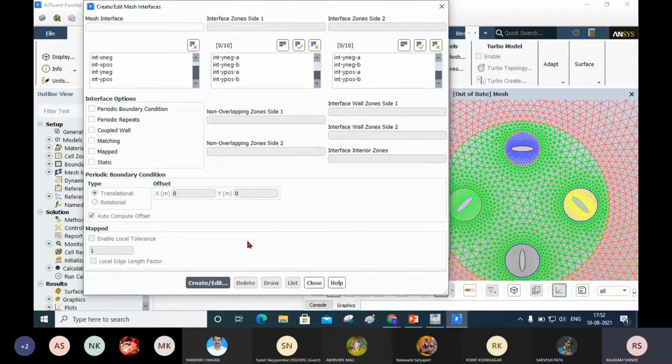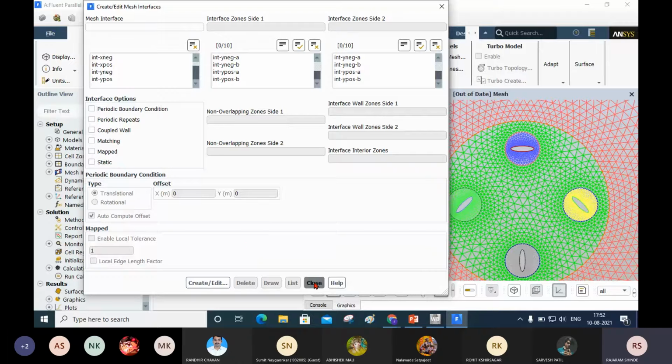And see here, during the mesh creation it is good practice to name these boundaries. That means if you have problems like this, then you have to use names for these boundaries, so we can identify them easily while creating the interface. Now after doing this, I will close this.